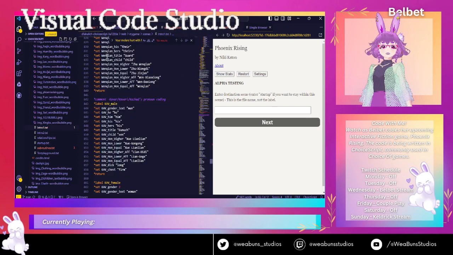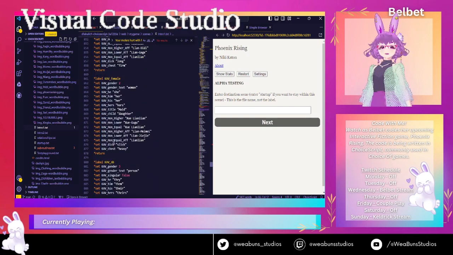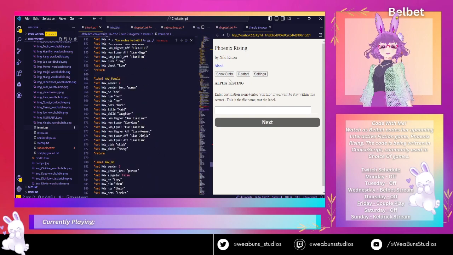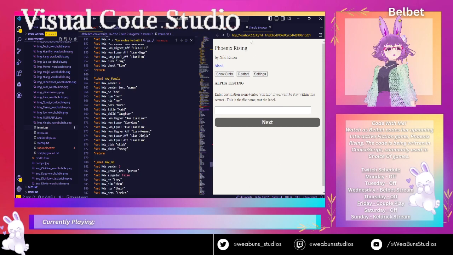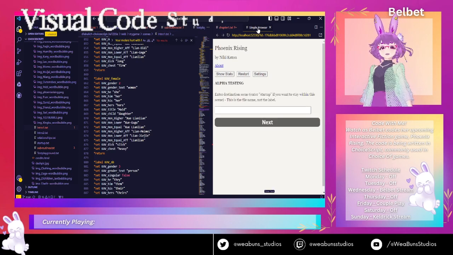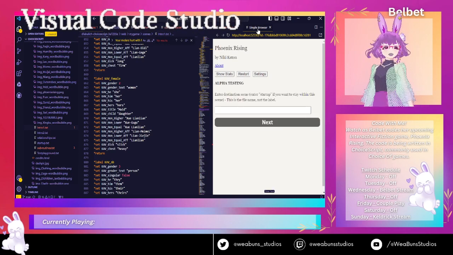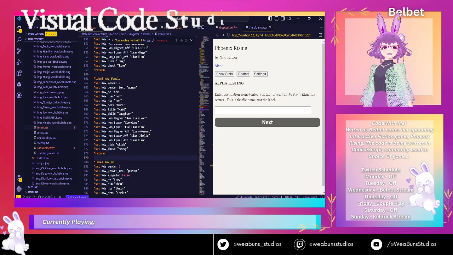This is the main pane I used for the coding. This is where I change things and rearrange things and so on and so forth. And then this over here is the actual testing engine. It's basically just a simple browser in Visual Code Studio, and I have it set up so that when I'm